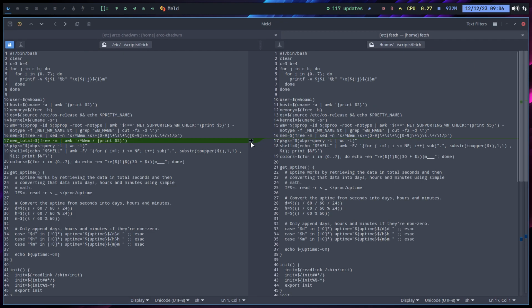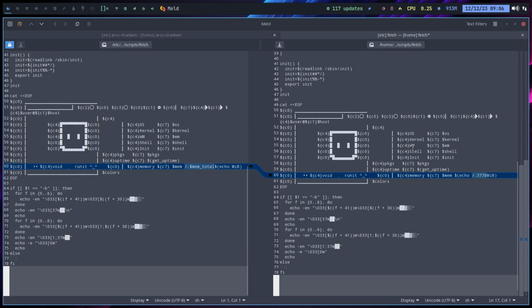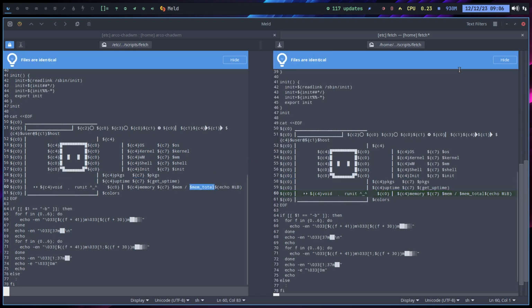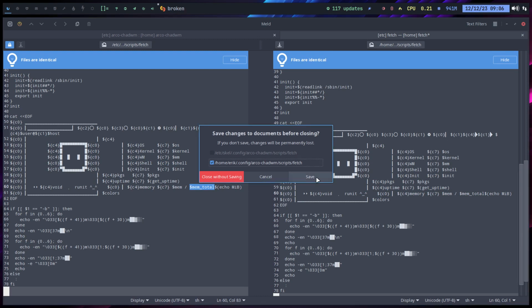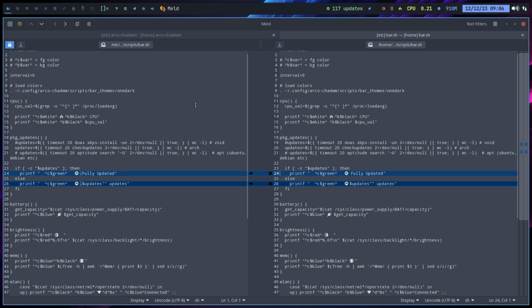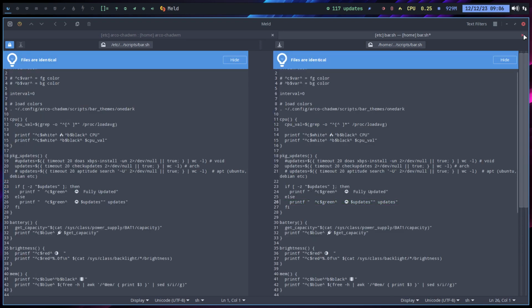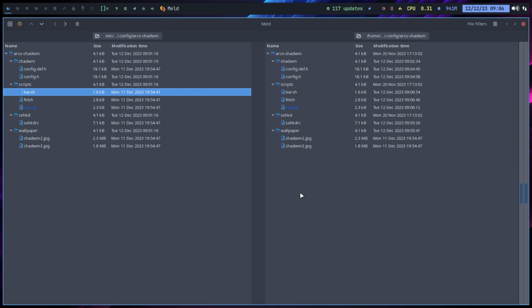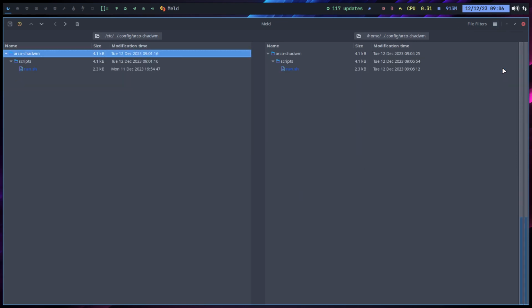The fetch is the memory total, so there's a new mem total config there, and here we're referring to the mem total. Done. Save. And then the bar. We have a space, it seems here, a dot. So a little bit more margin, or padding between them. Save. And then I do a refresh, just to check what is now the real difference between the etc skel